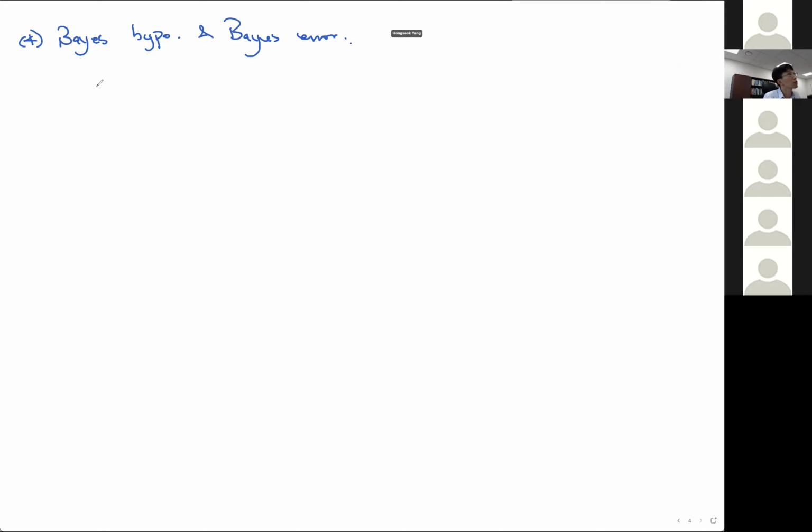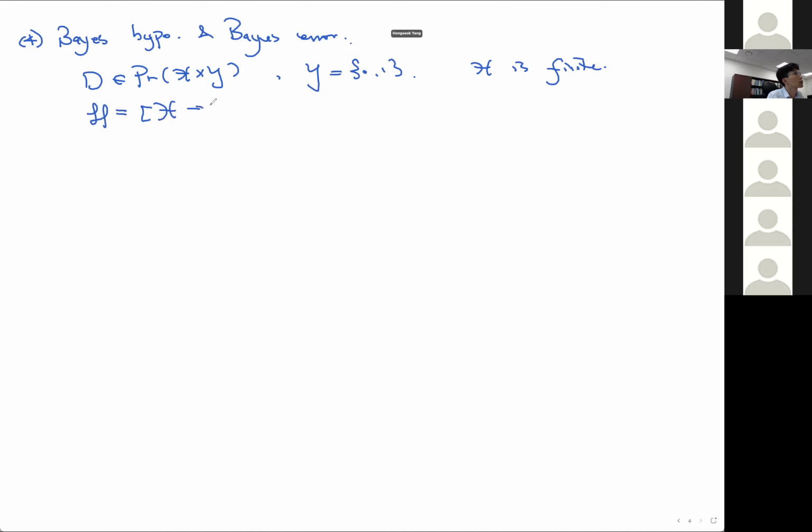We just say we know, given a distribution, in the stochastic setting, we have a distribution D, which is a probability over X and Y. And this Bayes hypothesis only works when Y is very simple, 0 and 1. Let's also assume that X is finite. Otherwise, there are some issues with measurability, which I don't want to talk about here. So X is finite. So in that case, here's the question. Suppose our hypothesis class is all the functions from X to Y. And then the question is, what is this argmin